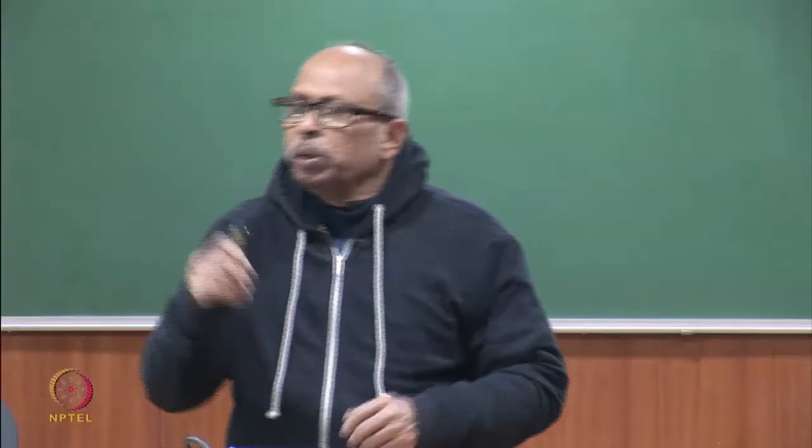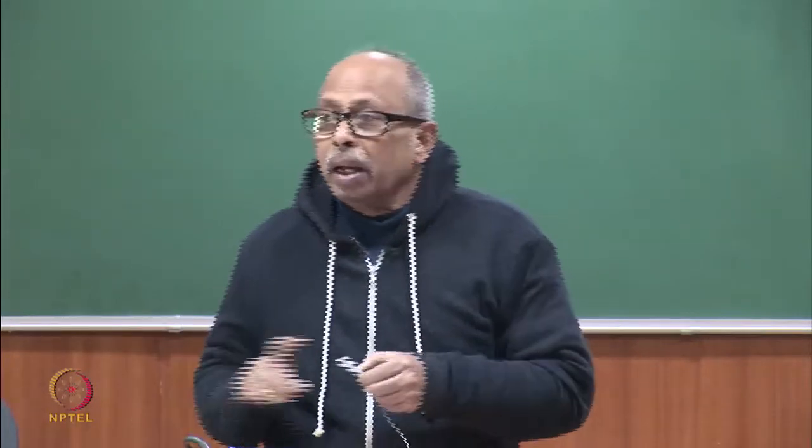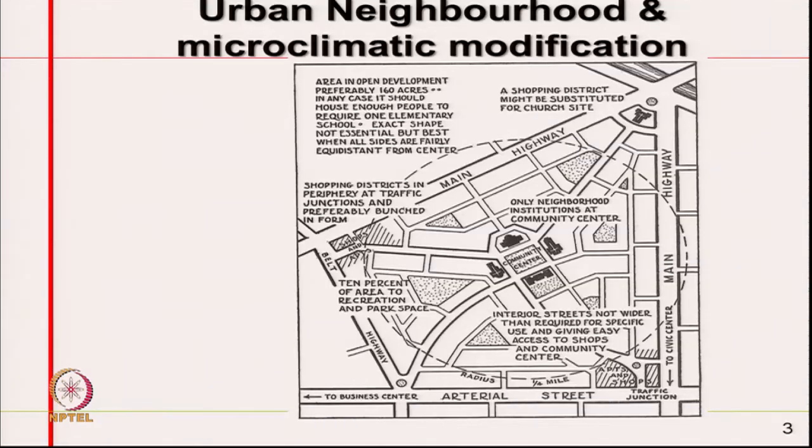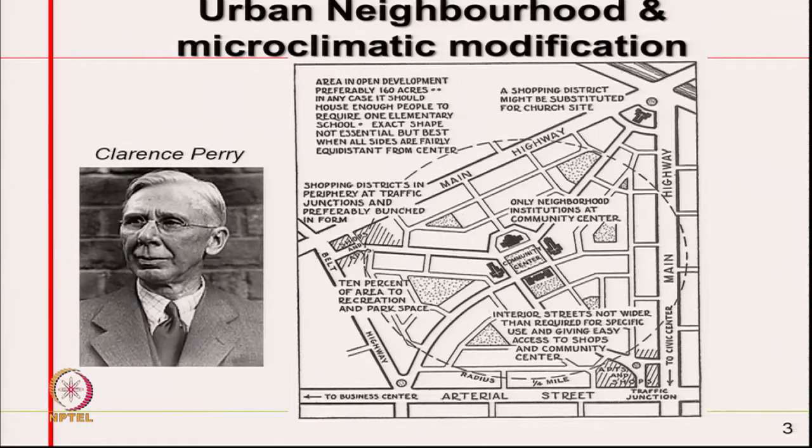So, we will continue from where we stopped. Last class, I was giving you the concepts of neighborhood. Neighborhood is the smallest unit in urban residential planning, a residential planning unit. This concept is very good if you look at it. It was given by Clarence Perry in 1925, which I said in the last class, and this is what